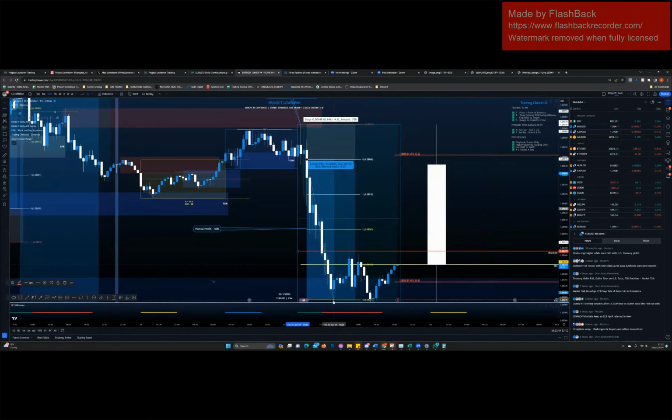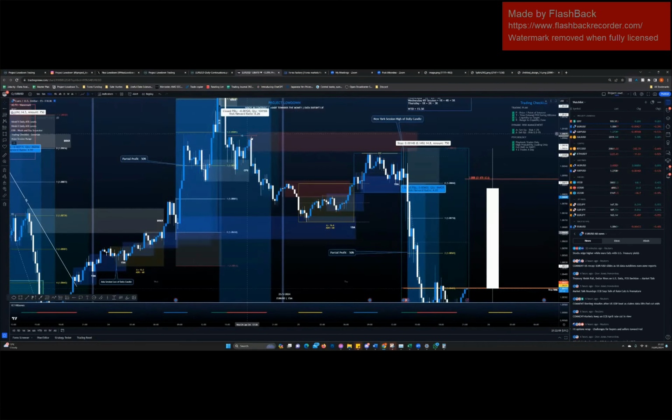Once you hit, let's say you hit 4R, if you're super greedy, you'd still trail this and then you'd be left with 3R. But that's the whole point, protect your profits. You can do the same thing here. And that's the beauty of it. If your stop loss is 15 pips, you have the luxury of doing that.